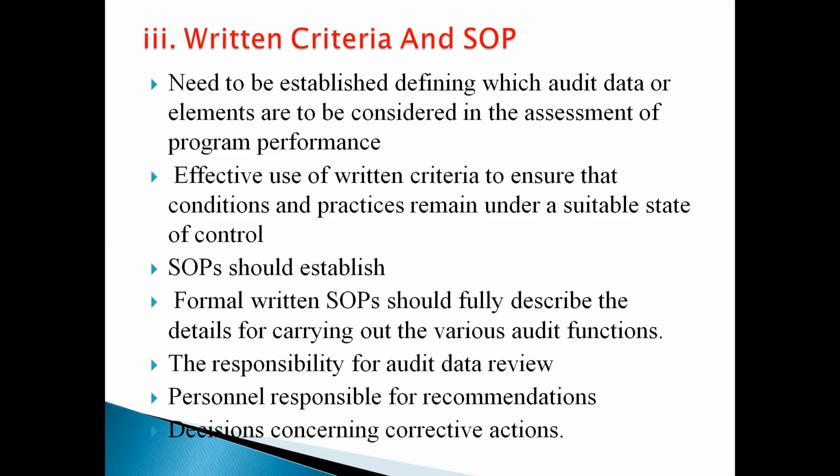In this case, they need to be established, defining which audit data or elements are to be considered part of the assessment of the program performance. Then effective use of the written criteria to ensure that the conditions and practices remain under a suitable state of control. Then the SOP should establish